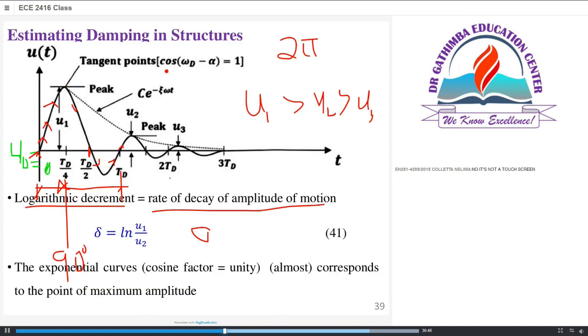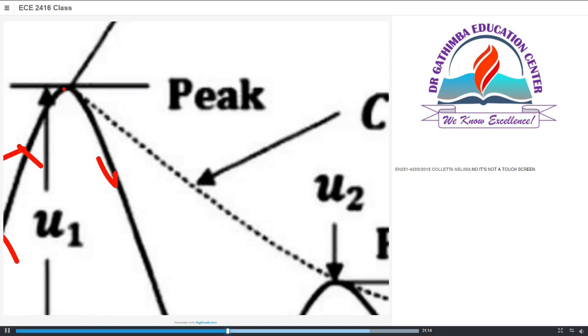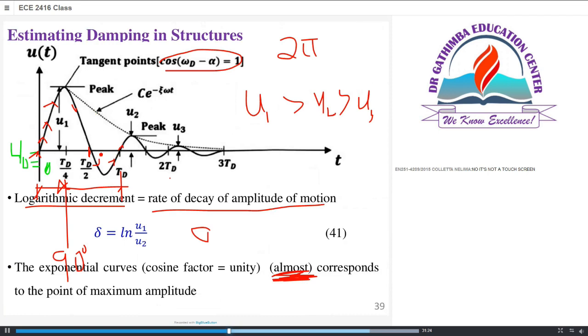The tangent point corresponds to when the factor cos(omega d minus alpha) is equal to unity. And this corresponds almost to the point of maximum amplitude. As you can see here, the maximum point is here, but this exponential curve is slightly toward the right. So that's why we are saying it's almost, but the difference is negligible. So we assume that at the maximum point, we have this expression,